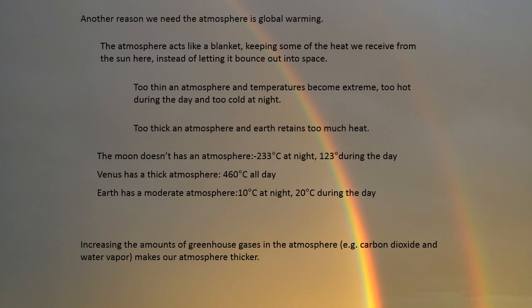Certain compounds in the atmosphere, such as carbon dioxide and water vapor, are greenhouse gases, and bounce some of that rebounding energy back to the surface of the Earth. We need this to happen to a certain extent, to keep the Earth from getting too cold at night when we no longer receive solar radiation. However, when there's too much of these gases in the atmosphere, there's too much insulation, and too much heat stays within the atmosphere, similar to wearing a sweatshirt in the middle of August.